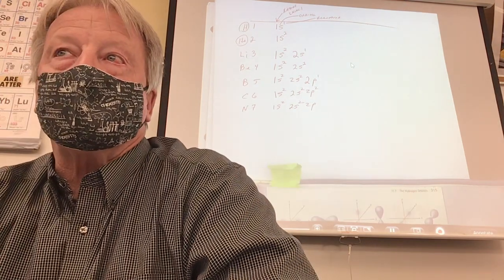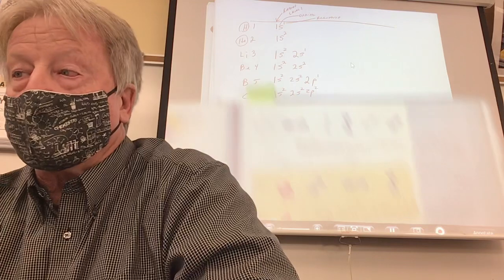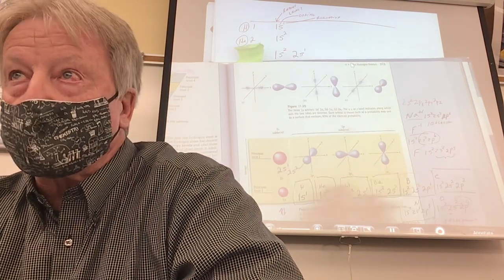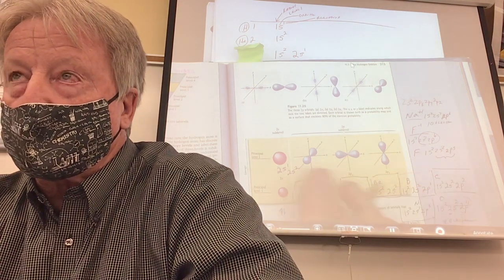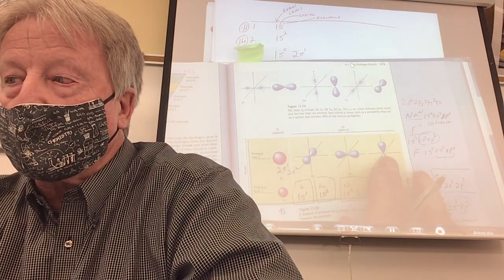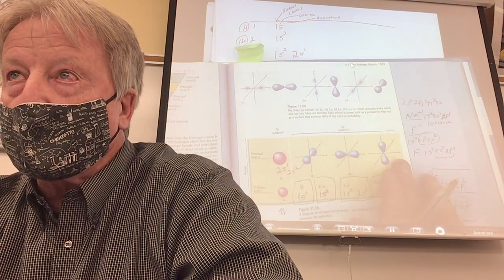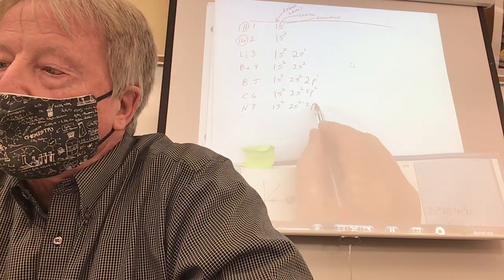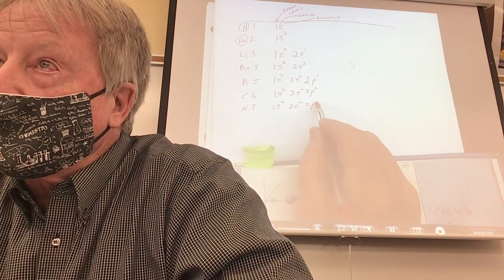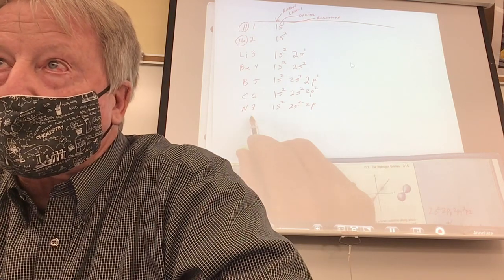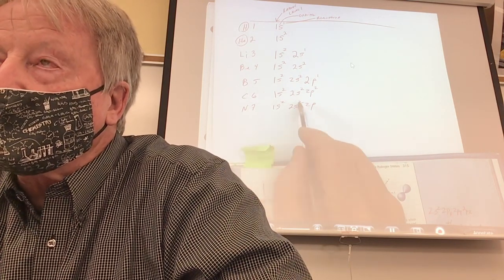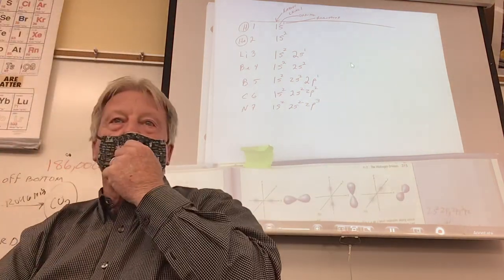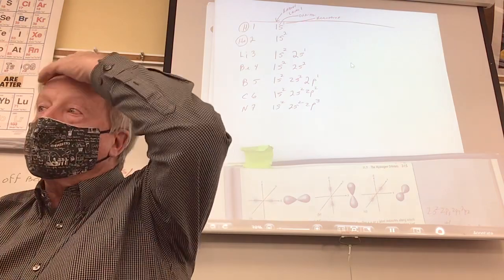Now, even though each orbital can only hold 2, I have 3 p orbitals. So I can put more than 2 total, can't I? I can put 1 here, and then 1 here, and then 1 here, and then another one, and another one, another one, can't I? I could put 6, couldn't I? How many are you going to put there? 3. That'd be too many. How many electrons are you going to park? How many cars do you have to park? 2, 4. You already parked 4. 3. Okay, there you go. You okay on that? Everybody got that?